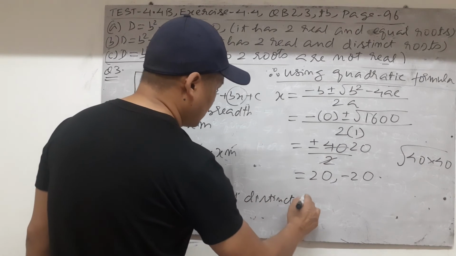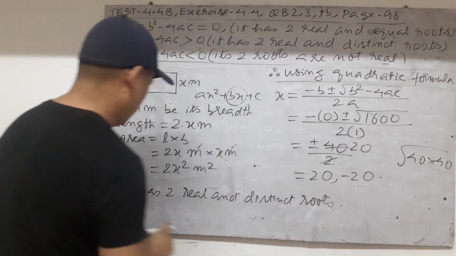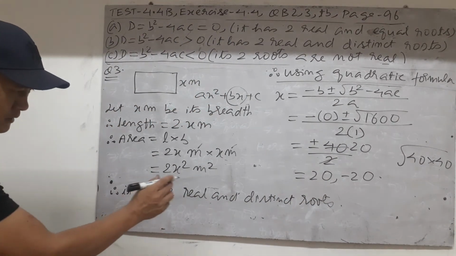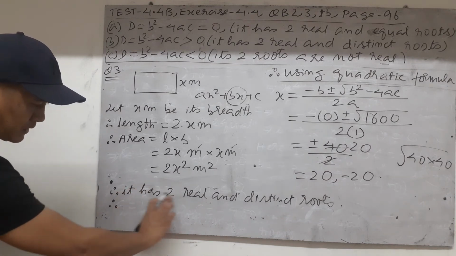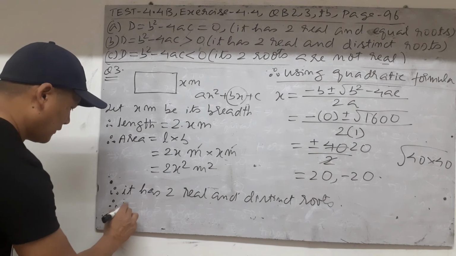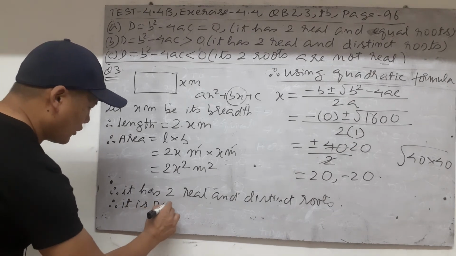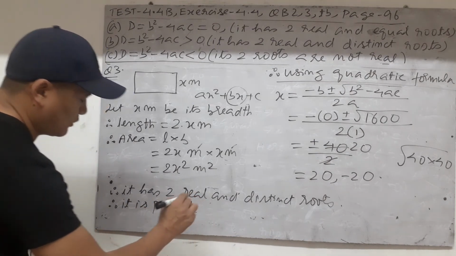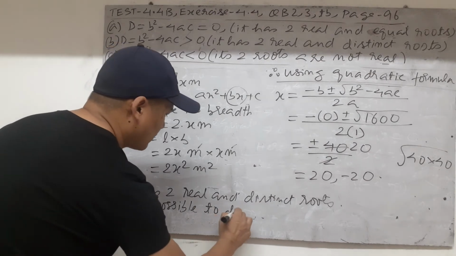So since it has real and distinct roots, below that make a space and write down: because it has real roots, therefore it is possible, the first part of the answer, possible to design